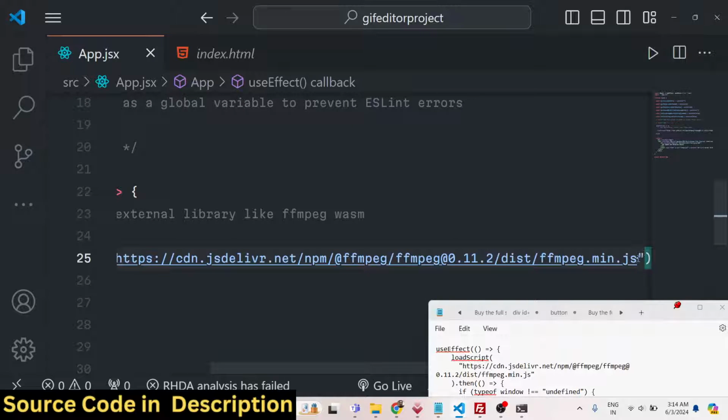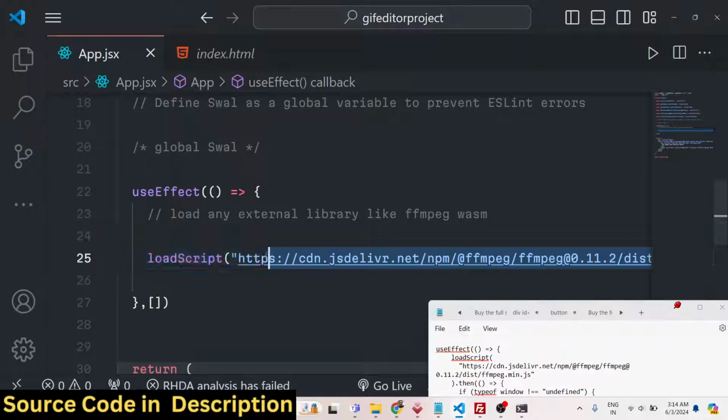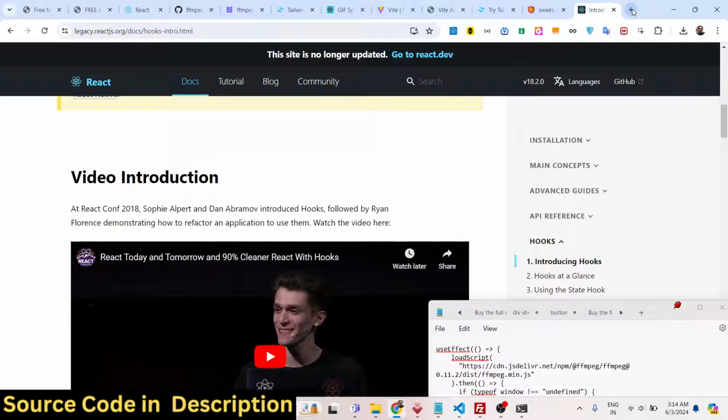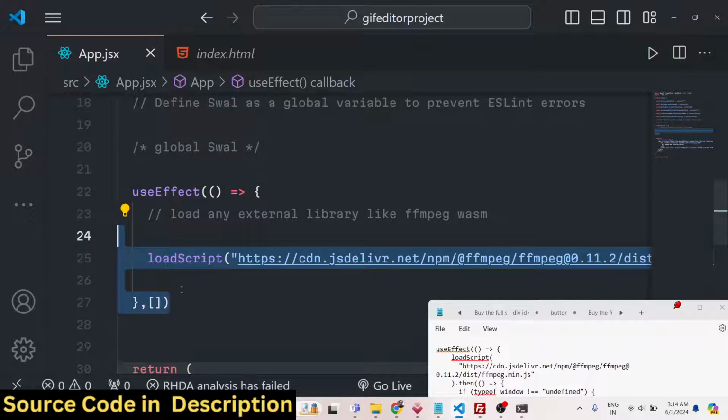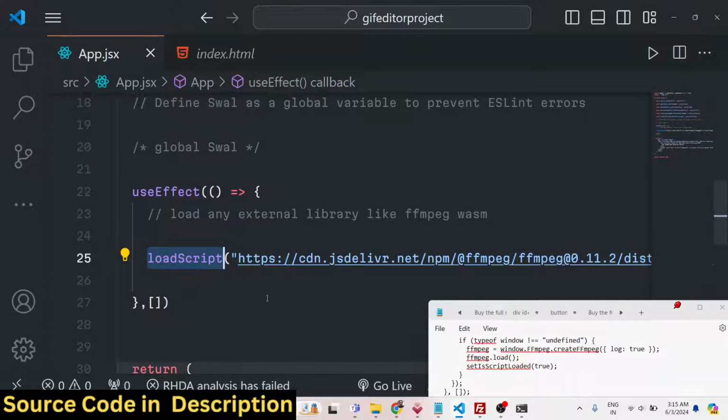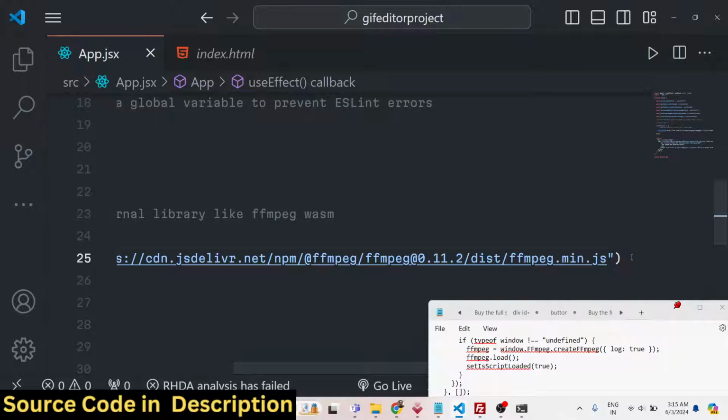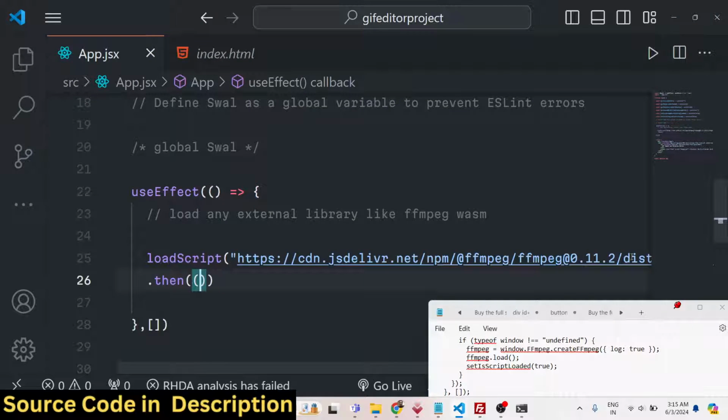You can also cross verify. If you open this URL in the browser, you will get the actual library of FFmpeg WebAssembly. So we need to fetch this library in the browser and load it. Now we need to define this function, which will return a promise to us. We can handle this promise by .then,